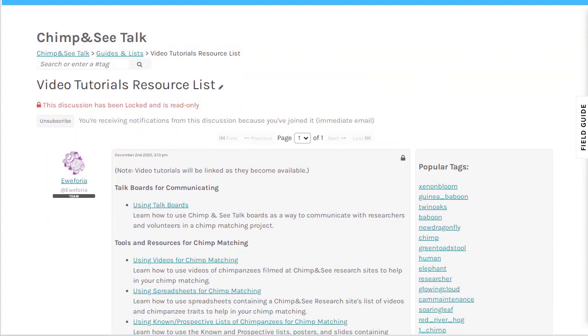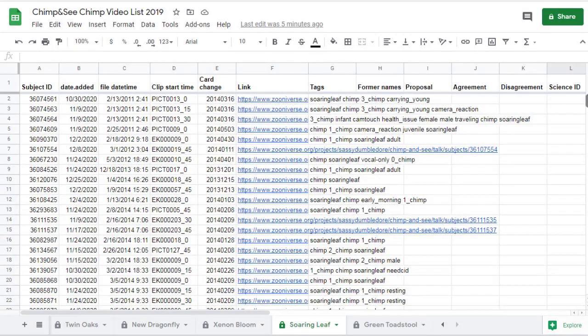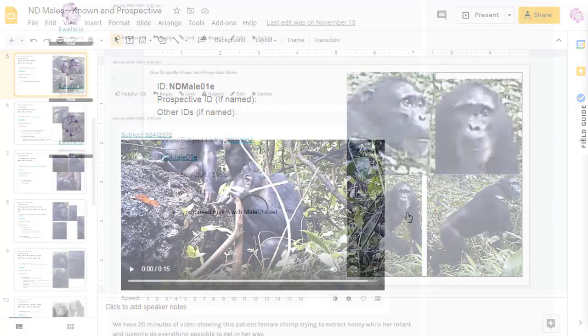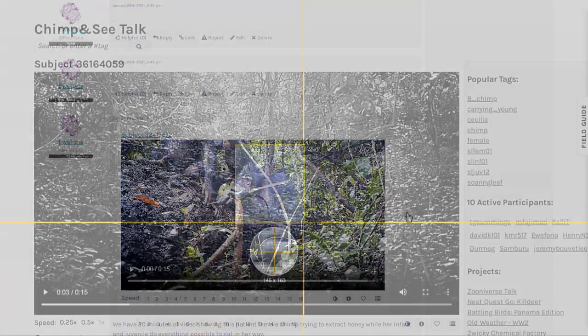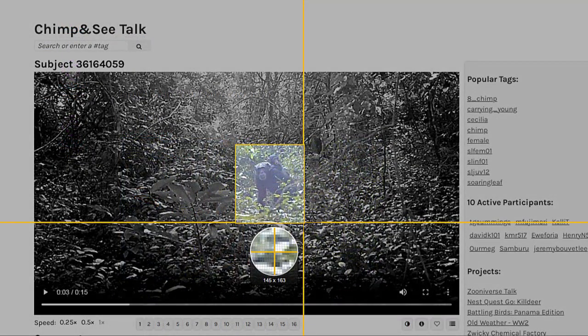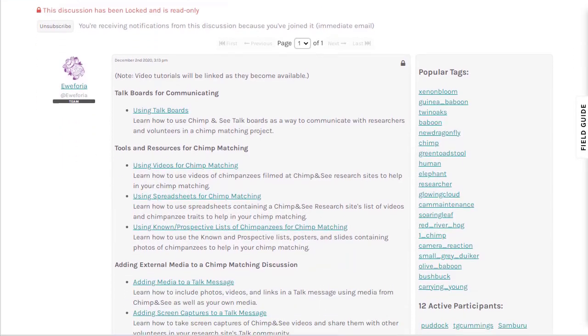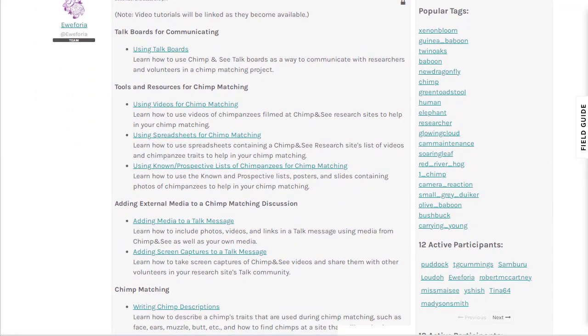For instance, you'll need to know how to use our spreadsheets and the known and prospective lists, and how to add photos to a talk message and make screen captures of chimps you see in the video clips. It won't take you long to watch the other video tutorials in this series, so take our advice, go watch them, and then come back here.